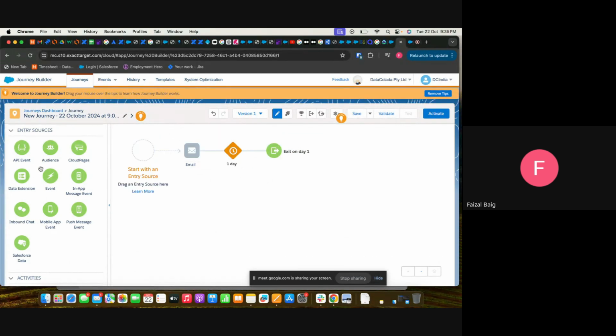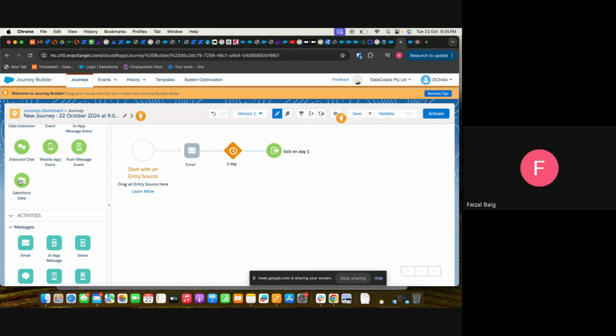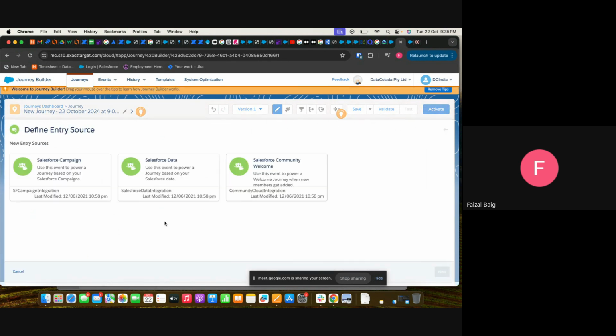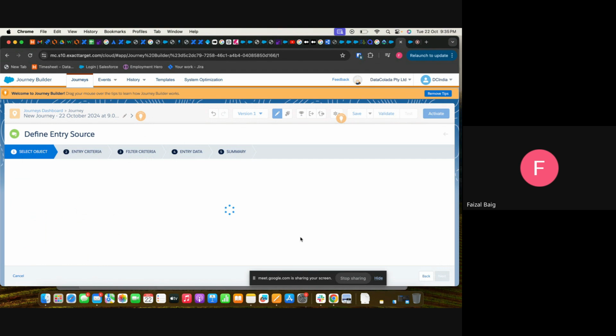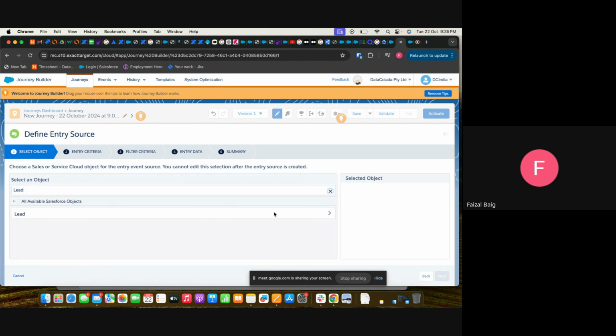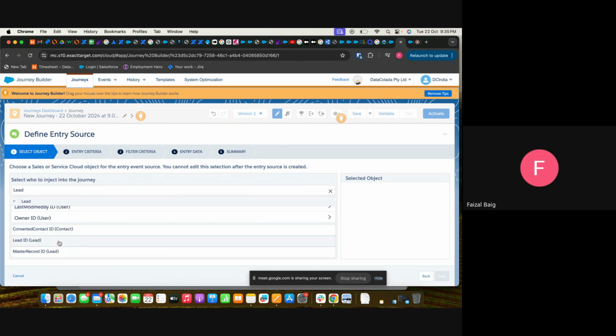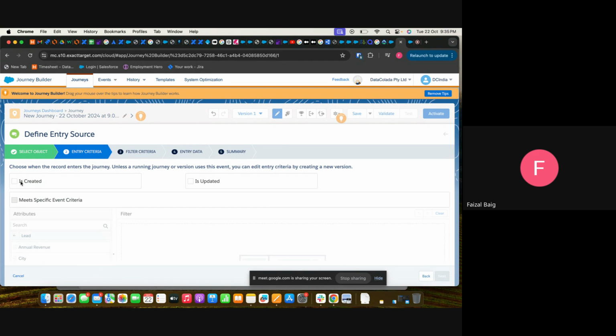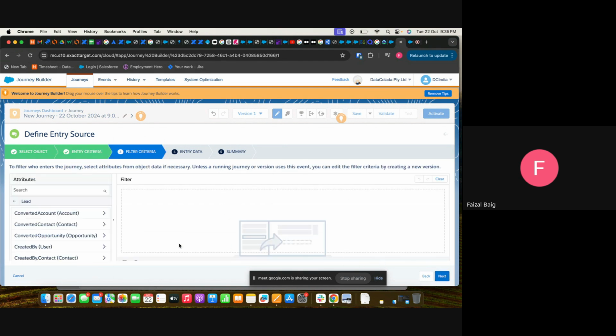So these are the entry sources which come into the picture for a journey. But I have one more thing which we need to see. If we have Salesforce data, we have added it, and selected the option as lead. Lead ID, convert, is created.